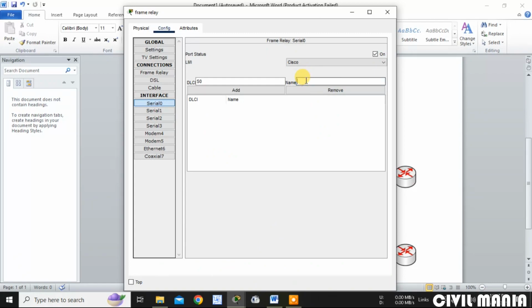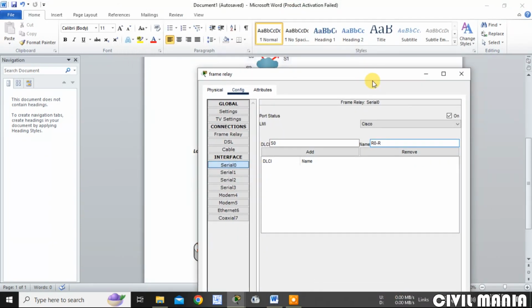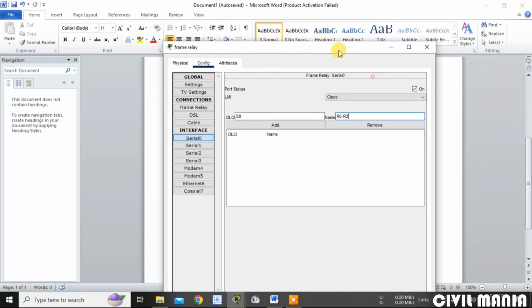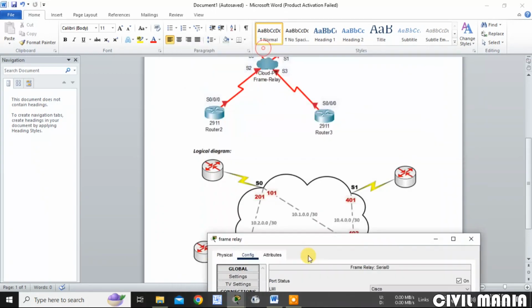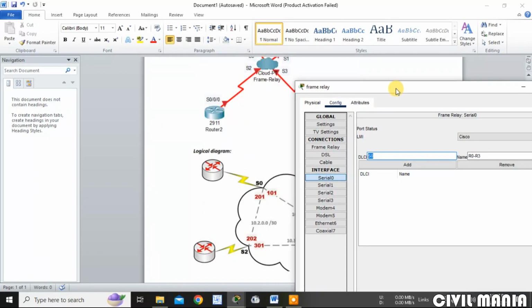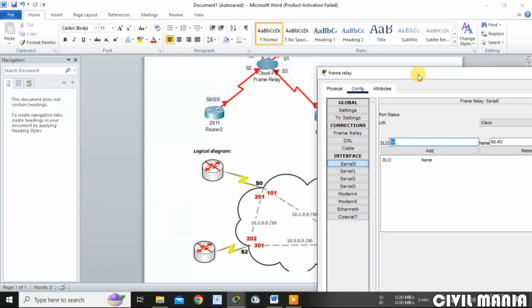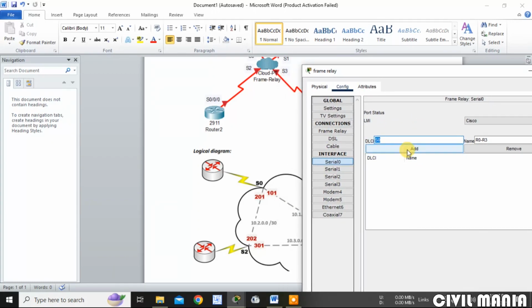So S0 here there are two connections, that is one is router 0 to router 3, and DLCI must be a number, so let me provide 101.